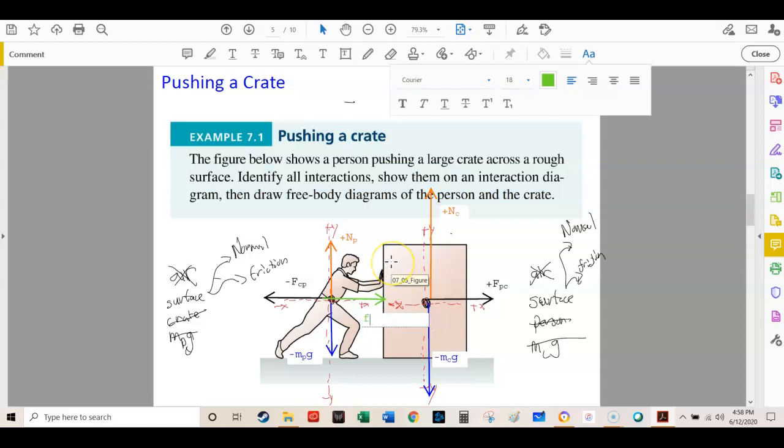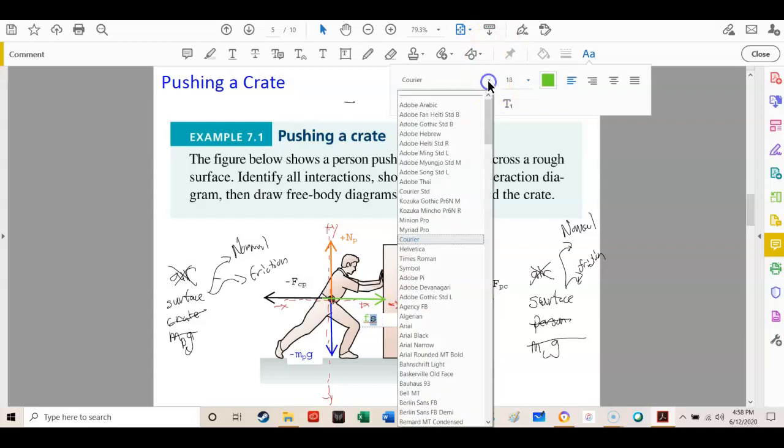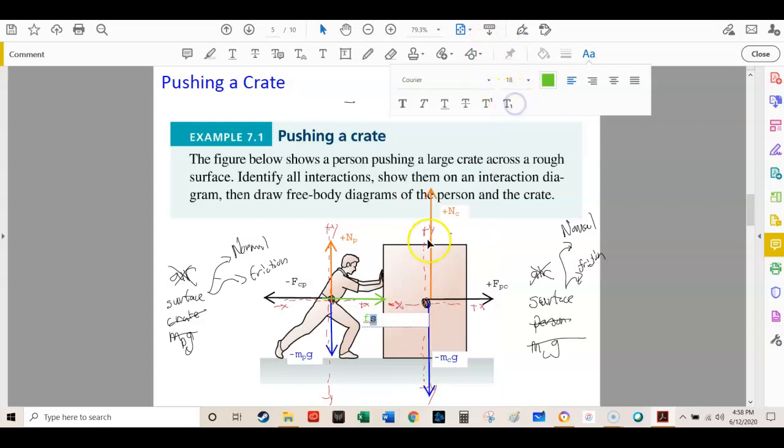And this is the friction, and this is the static friction. I'm saying the person is not moving. All right. So here's the static friction of the person, and